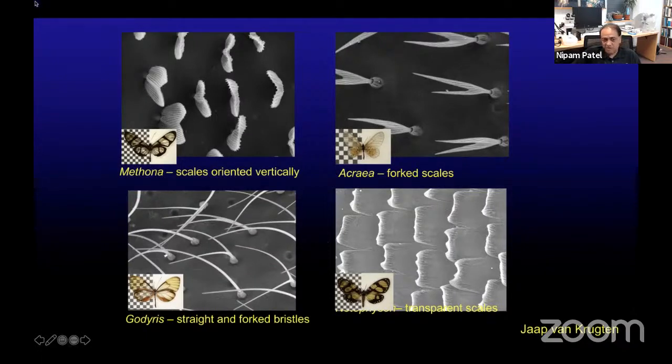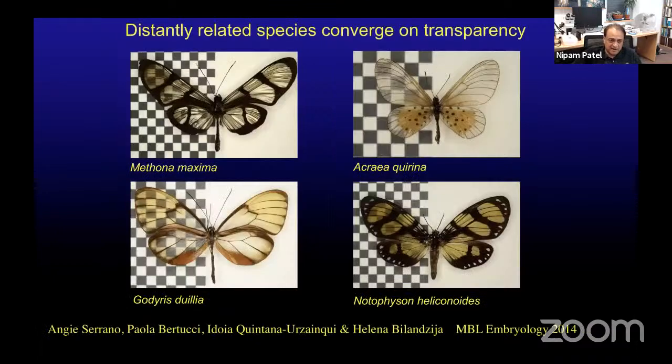There are some moths, for example, that have evolved perfectly transparent scales, which is quite interesting to see. There's even this example of a butterfly that made the scales smaller, but they're still scale shaped, but they are now vertical, so they don't block the wing membrane and you can see through them. But you might notice that these butterflies have different efficiency of being transparent. So something like this is very nice and transparent, and this is reflected light. But this butterfly actually has a lot of glare to it.